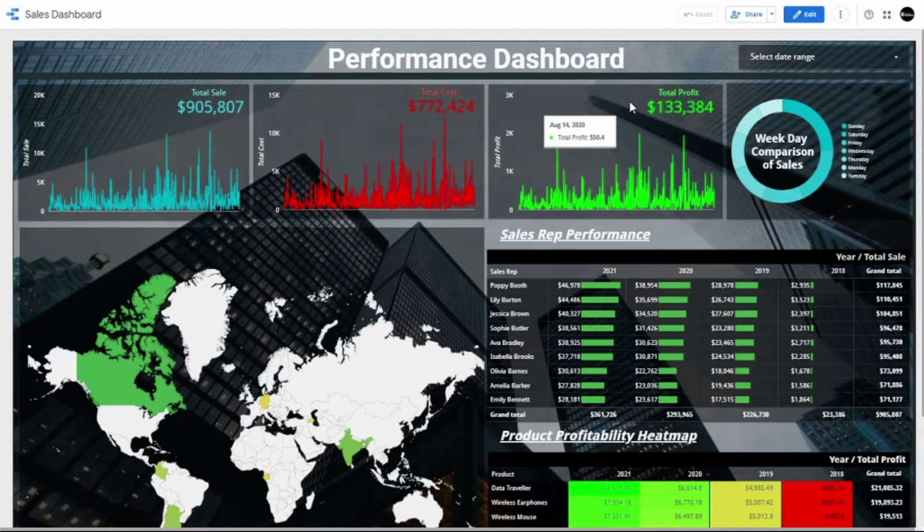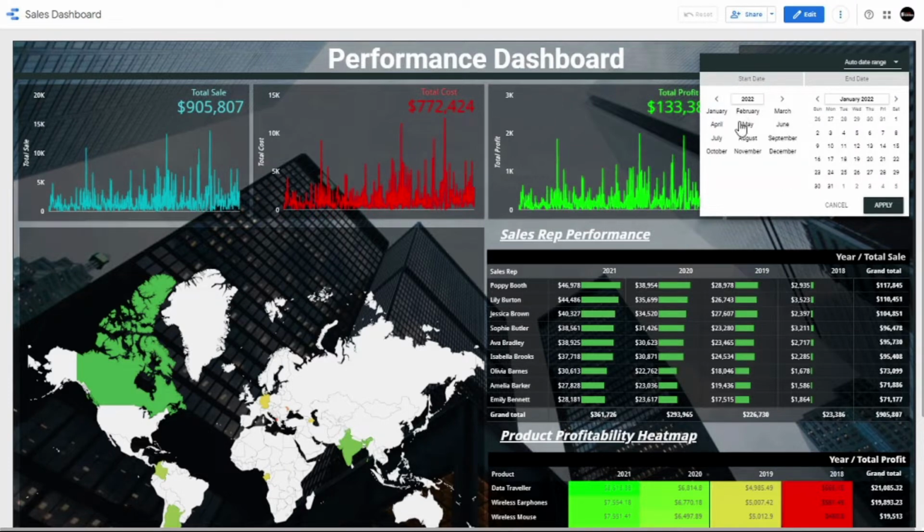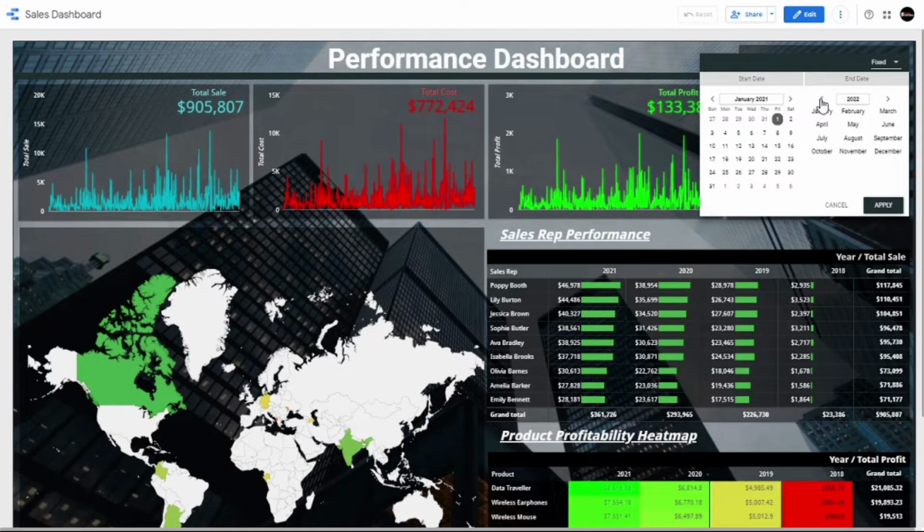Before taking a deep dive in this Data Studio tutorial, let's see what purpose this dashboard will serve to you. First of all, this is a totally dynamic sales performance Data Studio dashboard based on a Google Sheet running behind this dashboard. Here is the Data Studio Date Range Control, which controls every piece of information presented in this Google Data Studio. Let me change a date and select the year 2021.